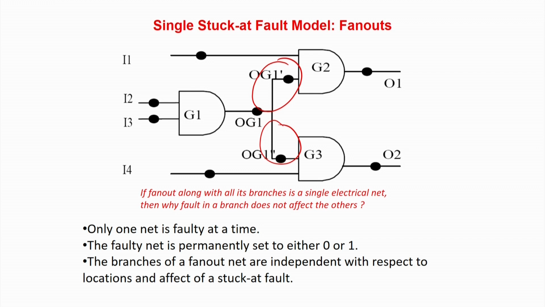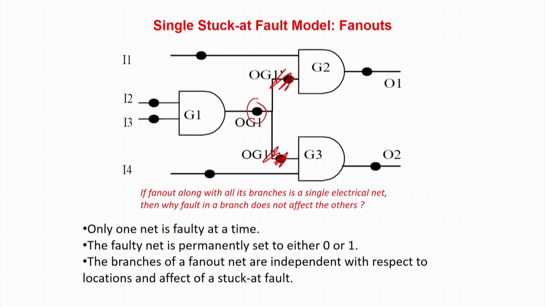This is because people have found out that if you assume such faults are not possible, only this line can be stuck at 0 and stuck at 1, there is a certain quality in the correlation. Because, as I told you, these fault models are just abstractions. So you assume that they are stuck at 0, stuck at 1, stuck at 0, stuck at 1. All these lines will be having stuck-at-0 or stuck-at-1 faults. I will try to ensure that none of the lines has a stuck-at-0 or stuck-at-1.